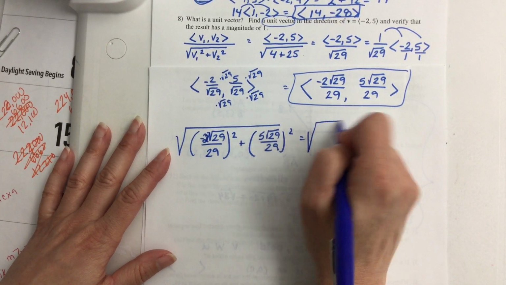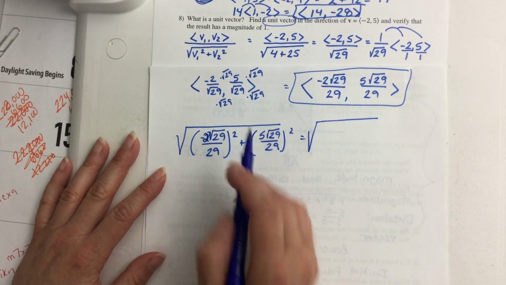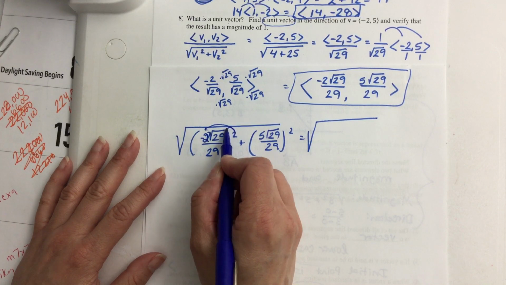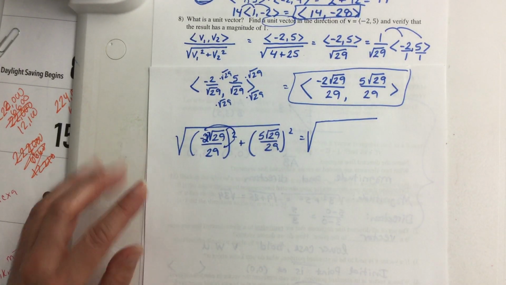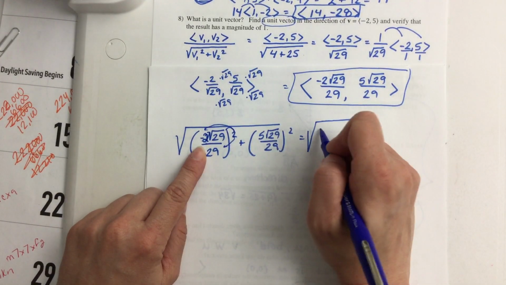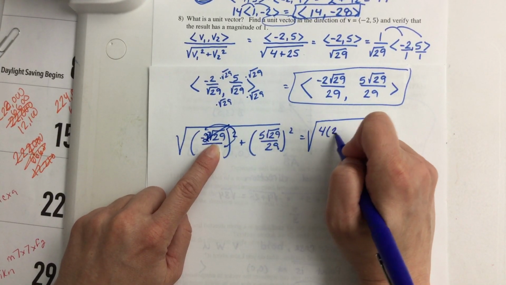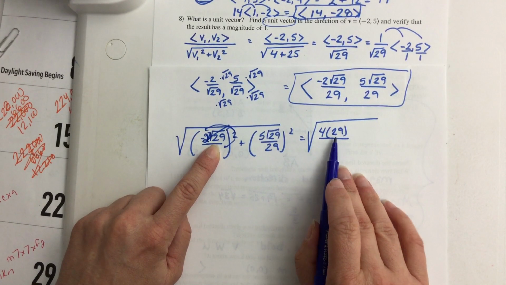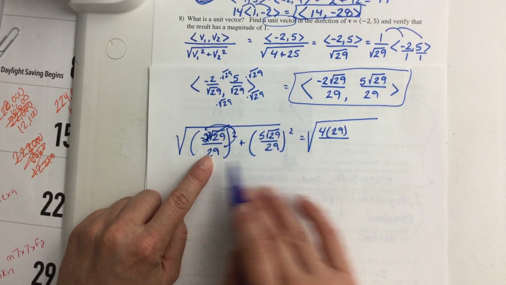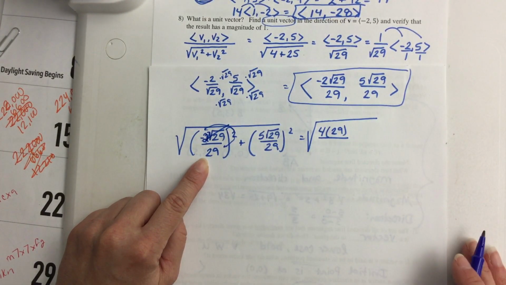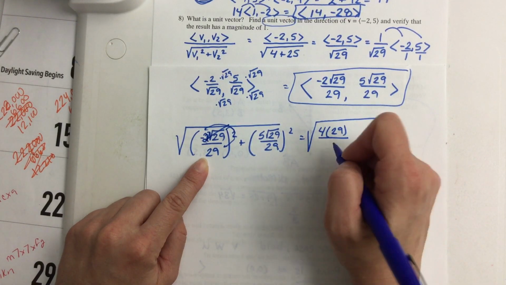Now here, this is properties of exponents. You have to remember that this exponent goes to everything on the top and everything on the bottom. Negative 2 squared, this is a 4. If you square a square root, the square root symbol cancels, but it does not change what's underneath, so it's a 29. 29 squared, 29 times 29 is